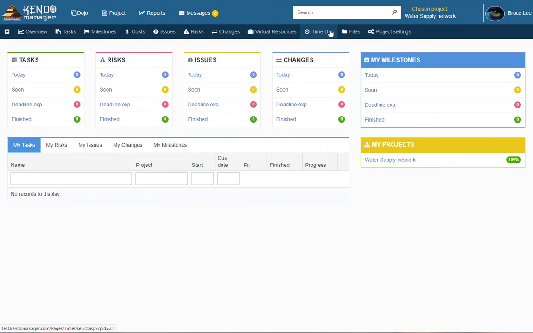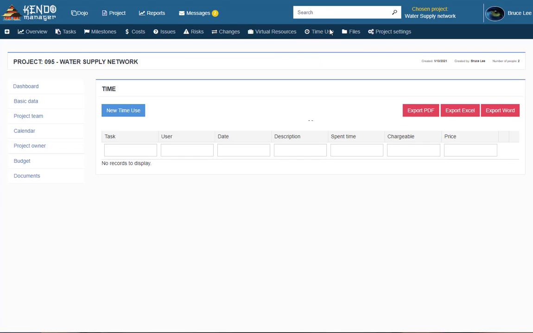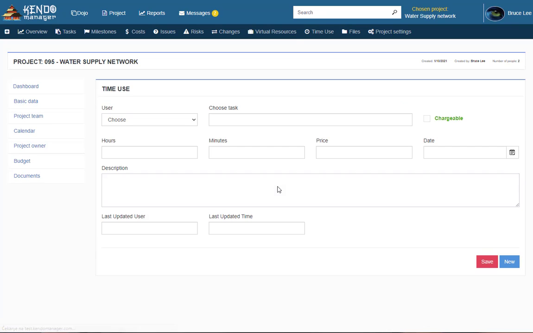The time use option helps track the time used in the project. When we click New Time Use, we receive a form that we fill out to enter the time spent. First we select the user and the task to which the time consumption relates. The hours and minutes used,